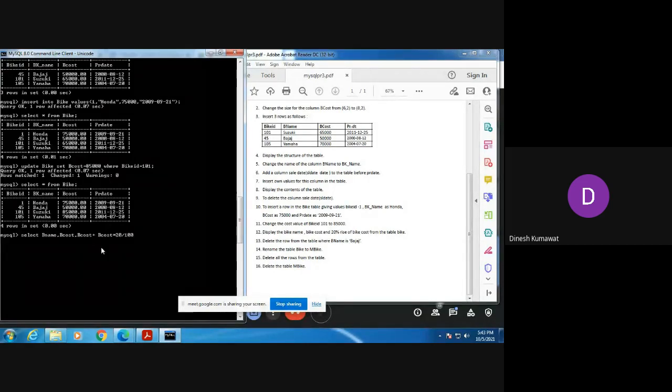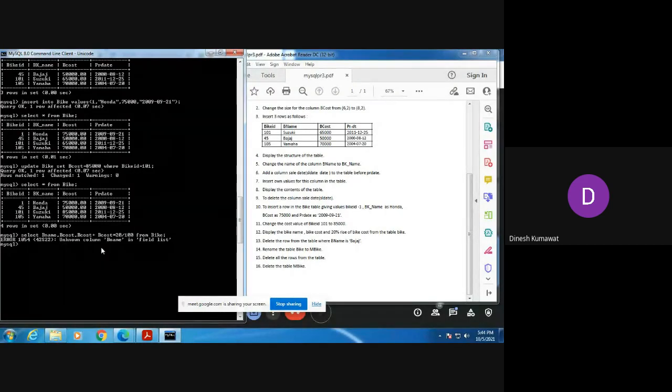Okay, this gives me the 20% rise in B cost from table bike. So let us use this command and see whether we are getting it or not.